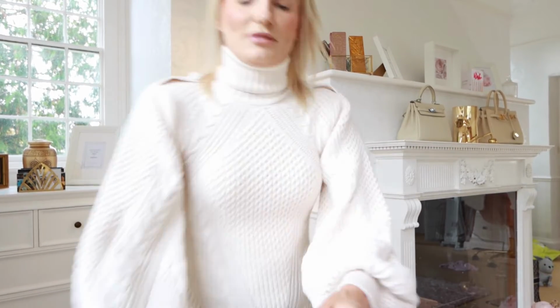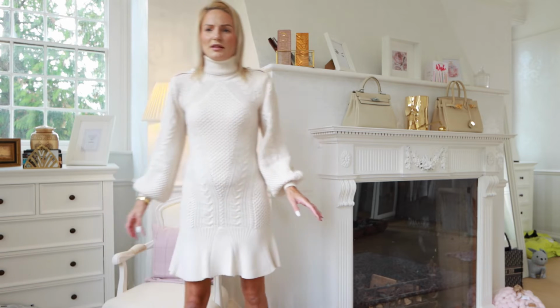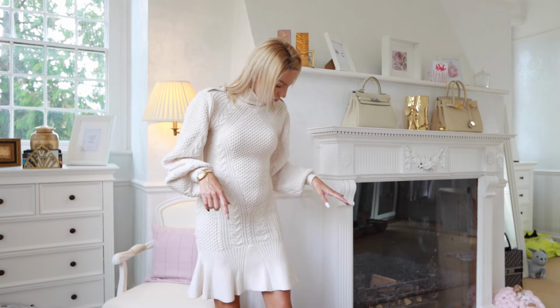Oh, I can show you. Let's drop you down. I'll just move you back a little bit so maybe you can see the length. There we go. Right, yeah, so lovely length just above the knee with a little peplum skirt. So yeah, I really love this dress. Like really love this dress. So that's why I bought it in the red also. So yeah, I'll try on the other ones for you now, so I'll make this video as nice and short